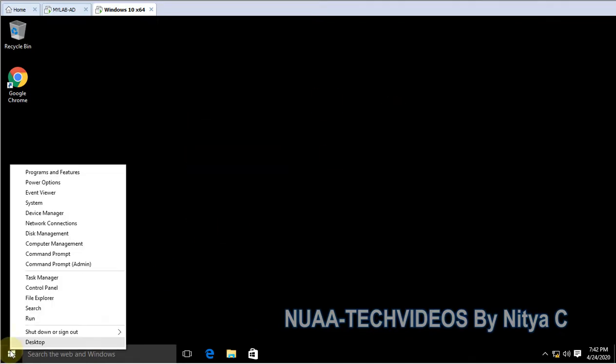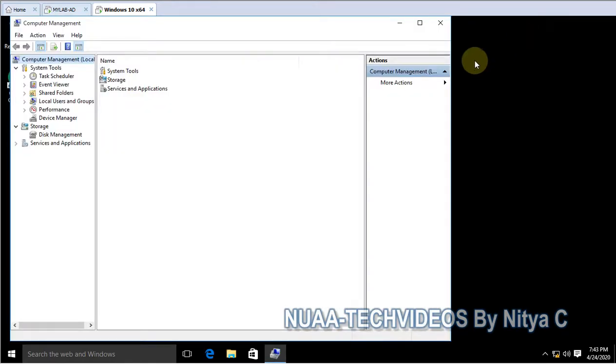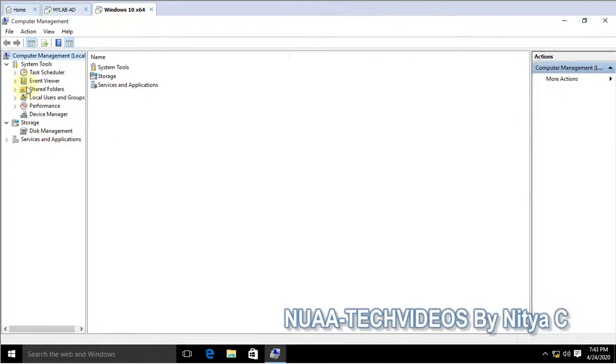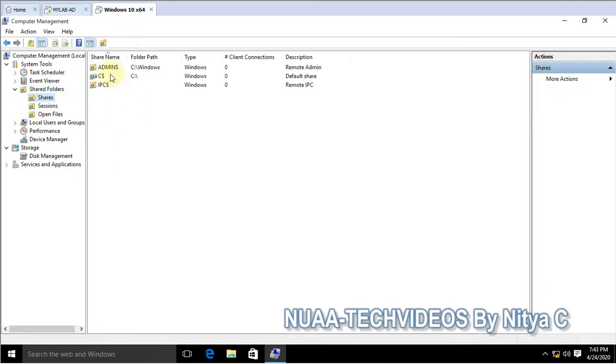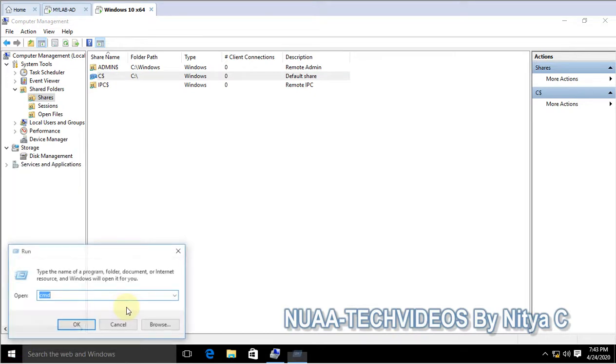Here we'll check Computer Management and the shares. You can see these are the admin shares. I have only one drive; if you have more drives, those will also be hidden shares.